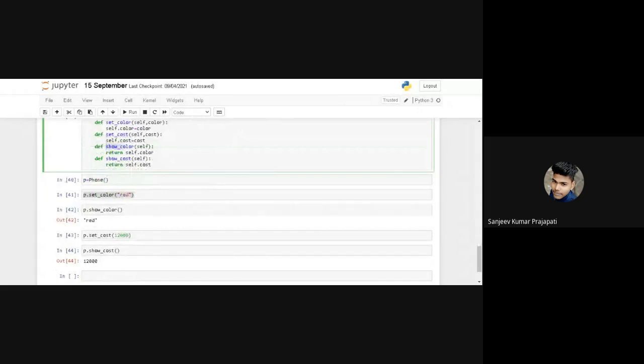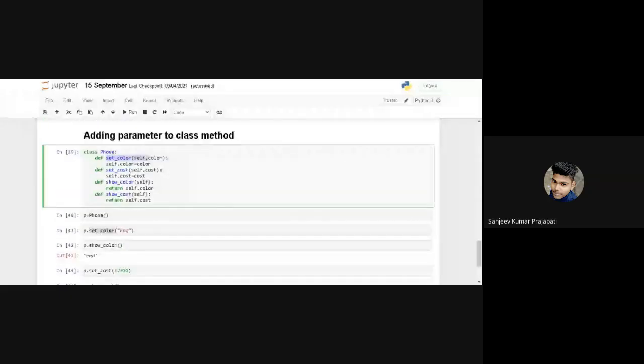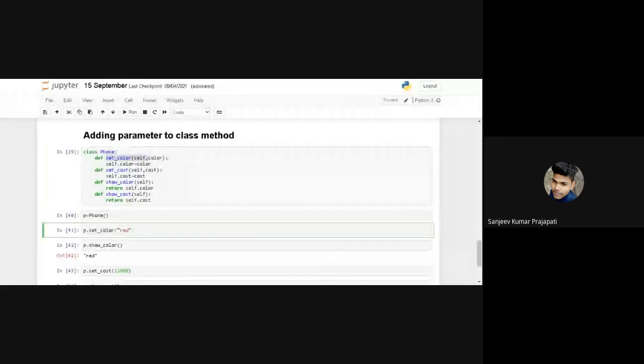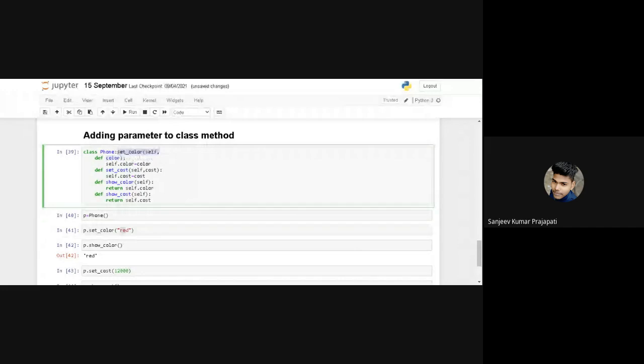So firstly we have to assign a color and its cost. So the syntax is dot. So again p is the object, set color. So p is the object and the color is red. Okay, red is assigned into self dot color.